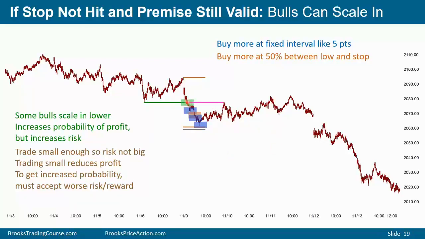If a trader does buy here and he's willing to scale in, he can also scale in at a 50% move down to his stop. So he buys here and he knows where his stop is, maybe buy more halfway down to the stop. Other traders, in fact, this is what I like to do, is they'll buy here and then wait for a reversal up, especially if there's a pretty good bull bar, and then buy more above that bull bar, betting that the market will come back to their entry price and they can get out break even on their original buy and with a profit on their lower buy. And as I said, if it starts to turn down without filling your limit order here, you get out as it turns down, a small loss on your first buy and a bigger profit on your lower buy.